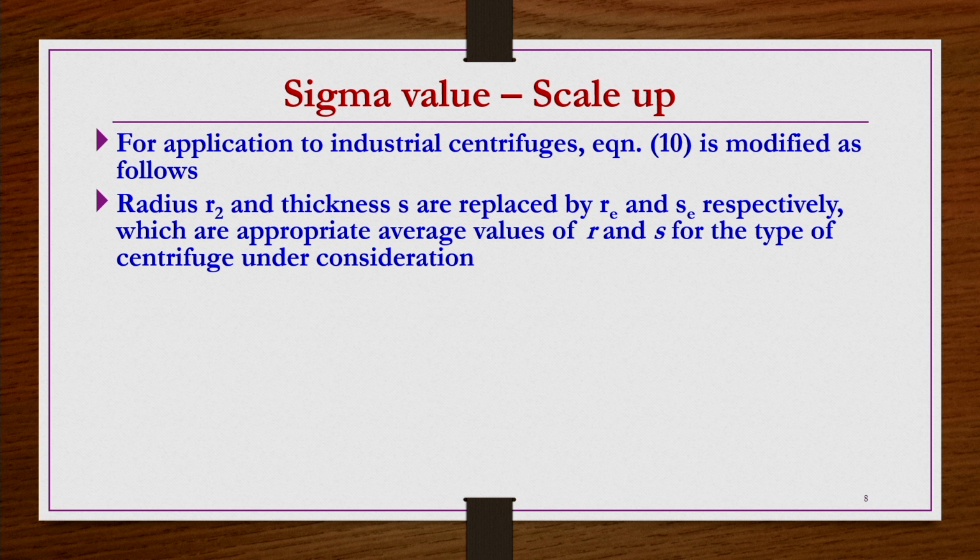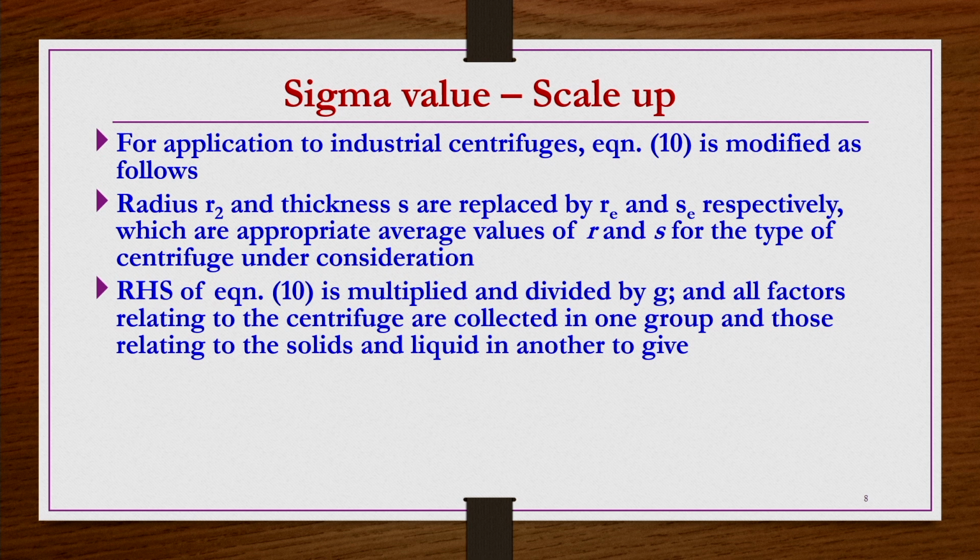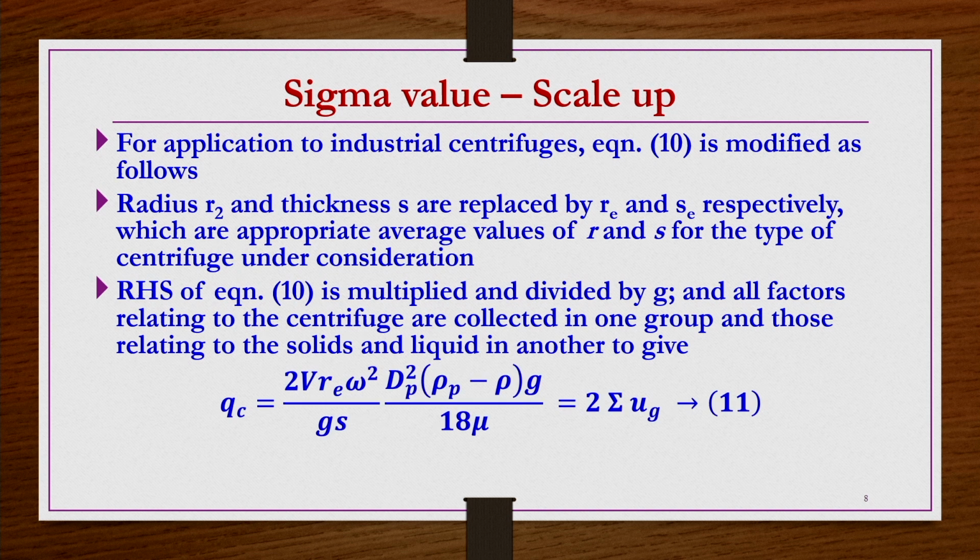In that equation we are dividing and multiplying the right hand side by g, and then we will have terms where all the terms related to the centrifugal field are kept as one group, and the remaining terms related to gravity sedimentation are kept as another group. So, the RHS of equation 10 is multiplied and divided by g, and all factors relating to the centrifuge are collected in one group, and those relating to the solids and liquid in the other group, to give